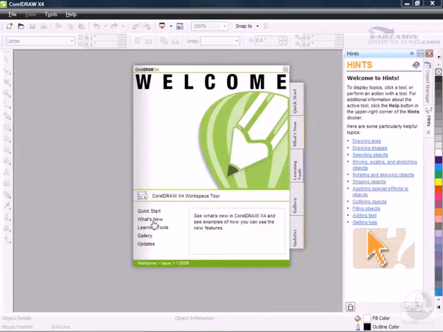As I move down to What's New without clicking on that, here's where I go to see what's new in X4, see examples of how you can use the new features. You've got some learning tools as well, so you can get access to them by clicking Learning Tools here or the Learning Tools tab. There's a gallery where you're going to see some inspiring projects created with Corel Draw Graphics